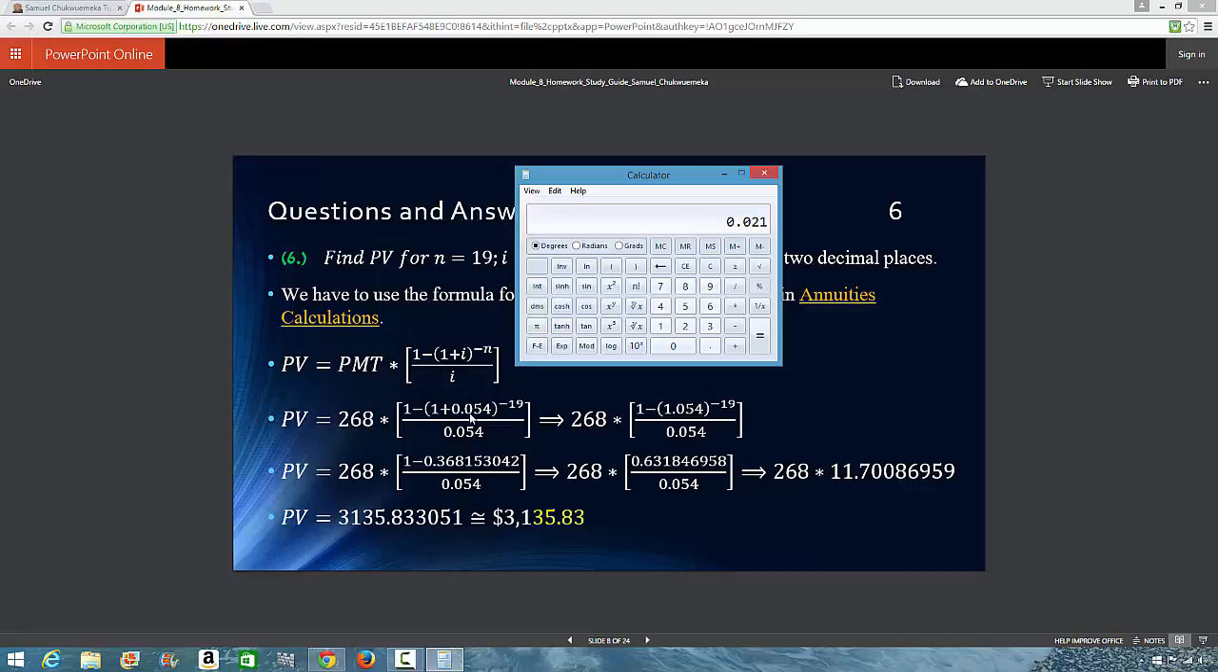Here, first of all, we have a bracket, and inside the bracket, we have a parenthesis, 1 plus i, and then we have an exponent, negative n, okay? Then we have subtraction, and we have division inside the bracket. Then outside the bracket, we have multiplication. So let's start with the parentheses inside the bracket. Okay, 1 plus